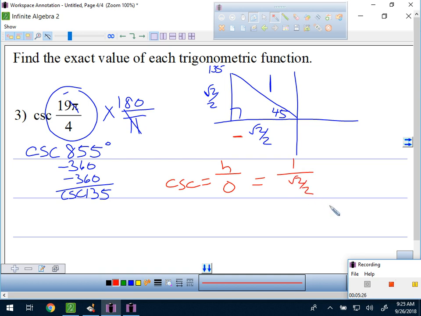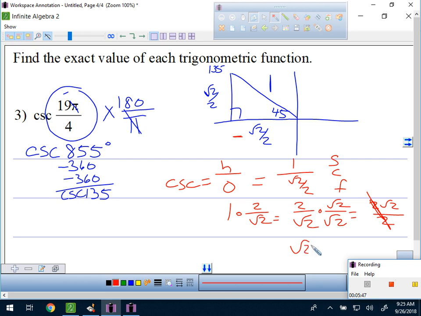Again, that's not going to be an answer choice. You've got to stay, change, flip it. So you'll get 1 times 2 over radical 2. So you get 2 over radical 2. Let me put stay, change, flip for y'all. And then you can't leave it like that. Multiply by radical 2. Here's what's funny. You get 2 radical 2 over 2, but then what happens with the 2's? Cross out, yeah. And I think some of y'all have done this enough that you can just look at it and know that it's going to be radical 2. Hey, if you can do that tomorrow, I don't care. You just got to get either A, B, C, or D. It works for me. But that's the answer for number 3. That's radical 2. So, all right, so for number 4,